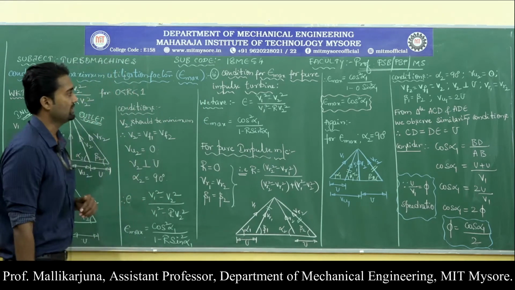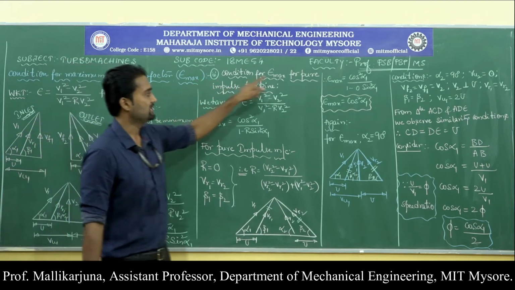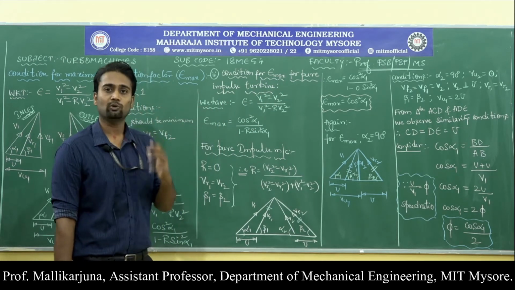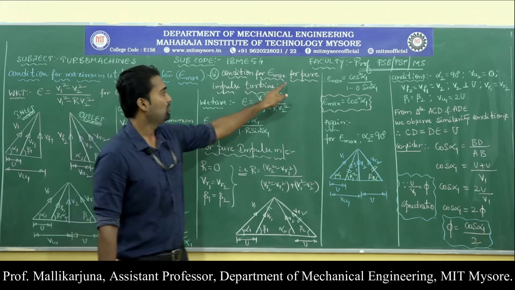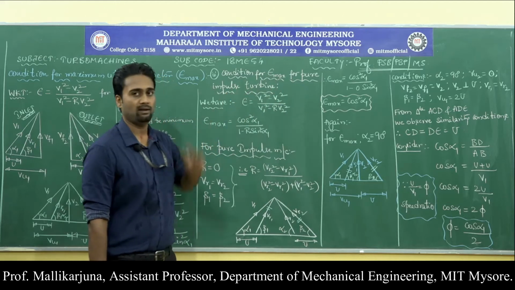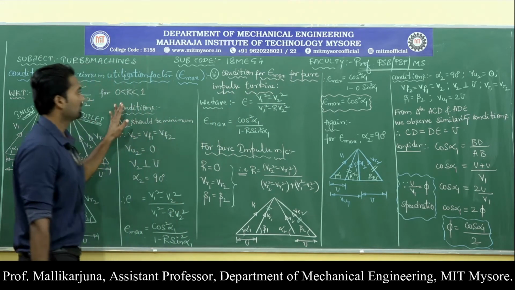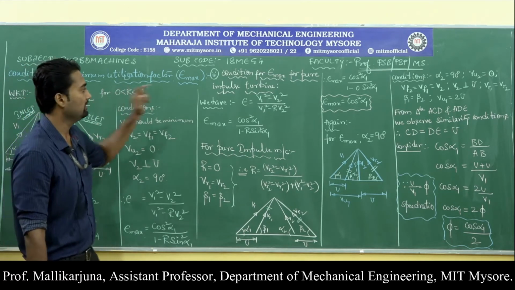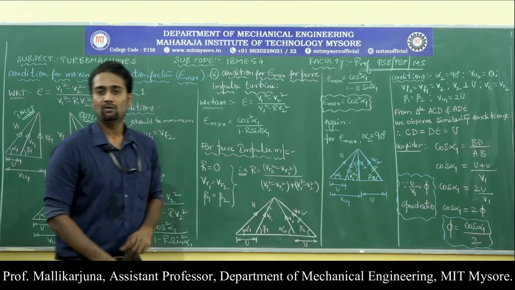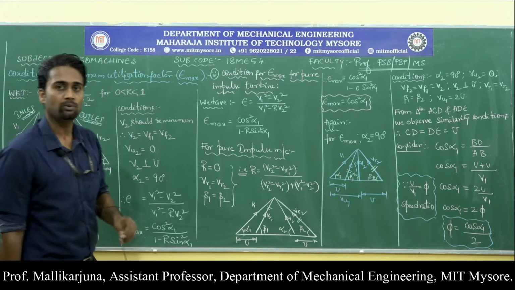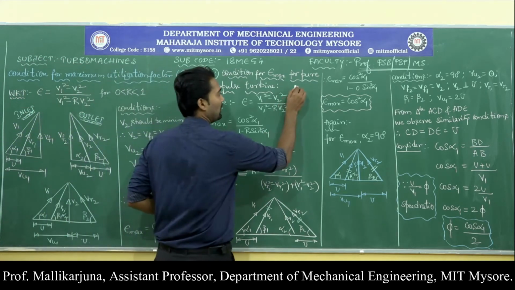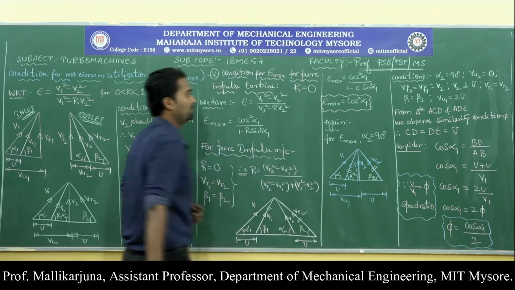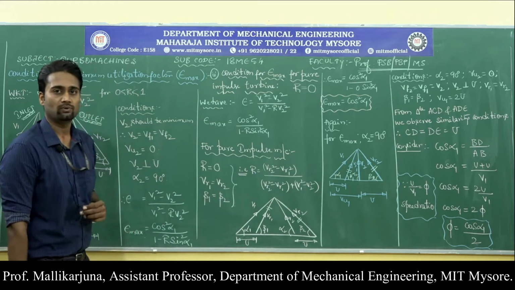So, the next condition is the condition for maximum utilization factor, epsilon max, for a pure impulse turbine. Here we have taken the R value in between 0 and 1. Here we are taking R for pure impulse. What do you mean by pure impulse? What is the value of degree of reaction for pure impulse turbines? Which is nothing but 0.